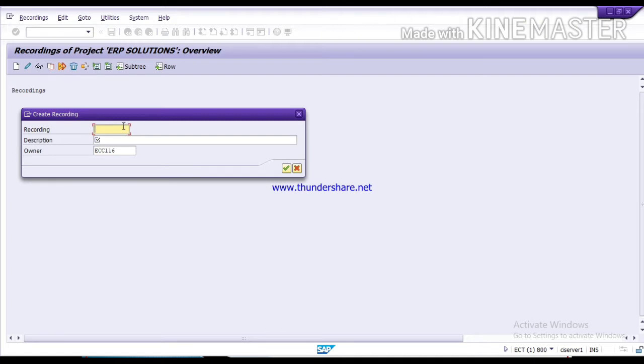Here, we have given the recording name as FS00, because we are going to record for a GL creation. Here you can give the description and continue.